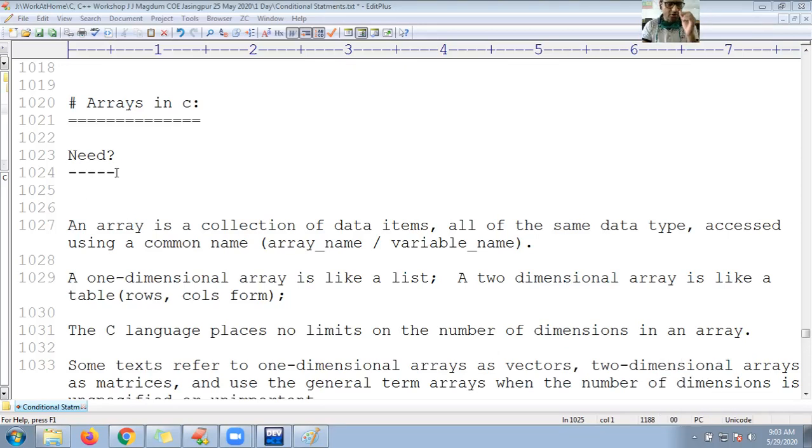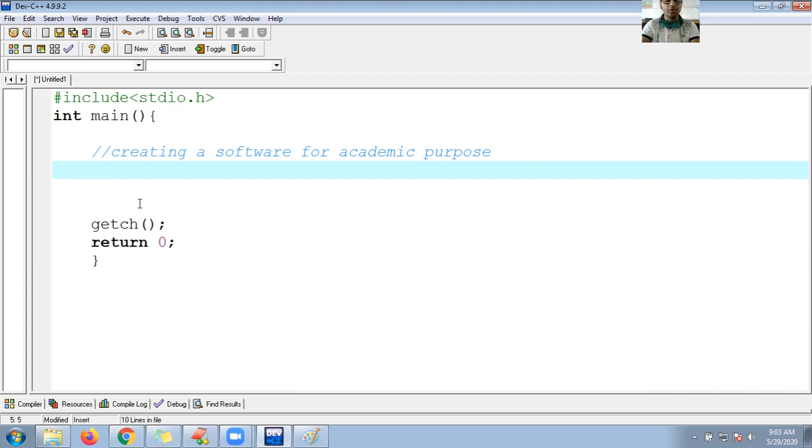So guys, before going to understand the arrays, first of all understand the needs. If you come to the program, I want to store a roll number. So integer roll number, okay? Roll number for a single student. Roll number 1. I want to store one more roll number, and one more. I want to process 100 different roll numbers. So 100 means I need to create 100 different variables of type integer. If I don't use an array, like this I need to create 100 different variables to store roll numbers.